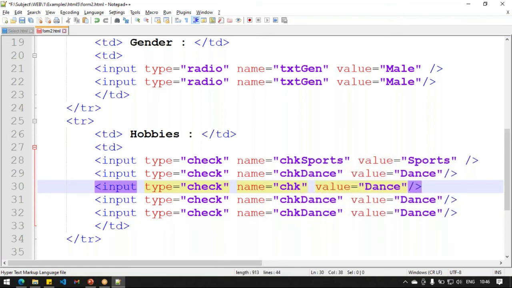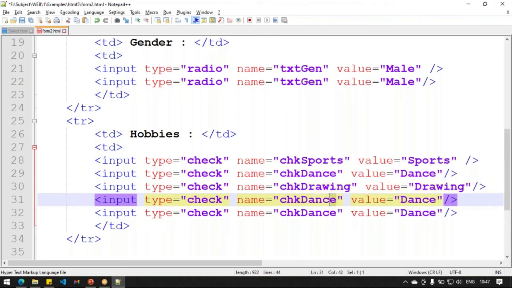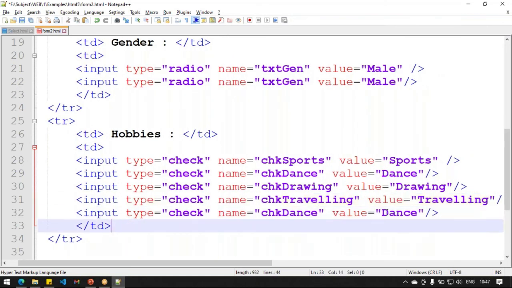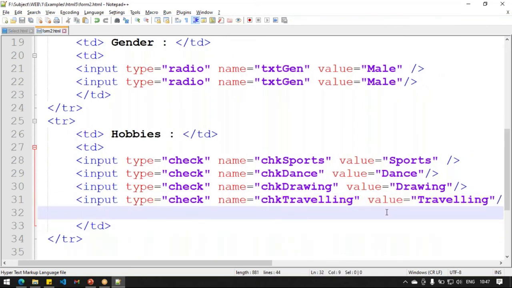Then drawing, traveling. Okay, let's remove this. Enough.